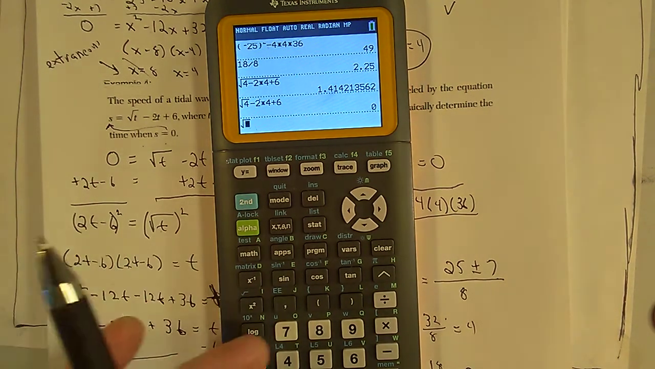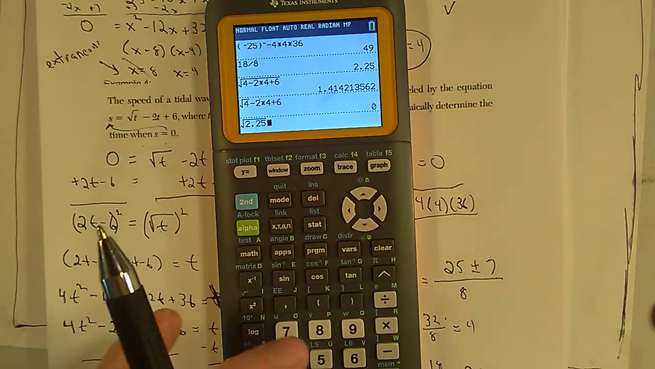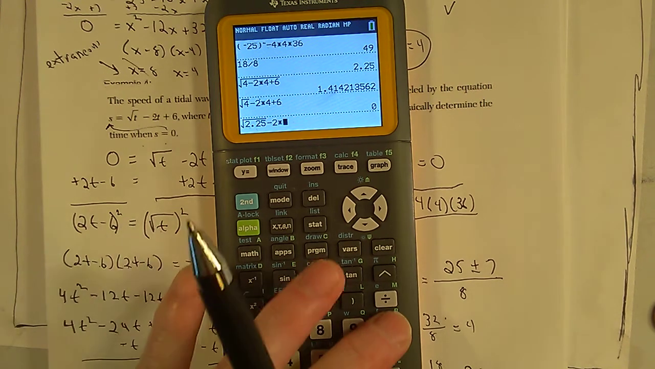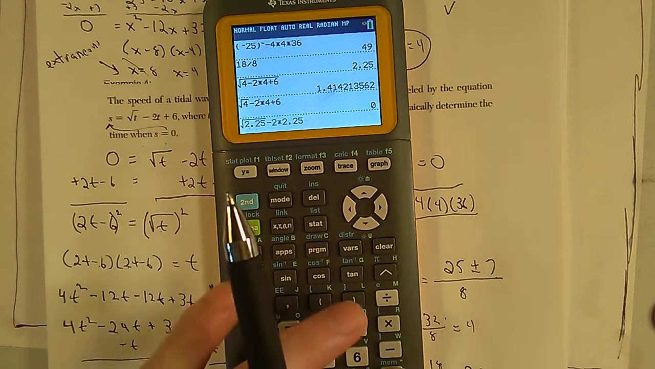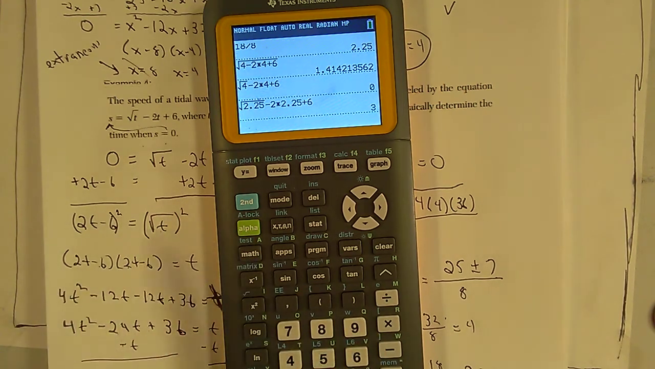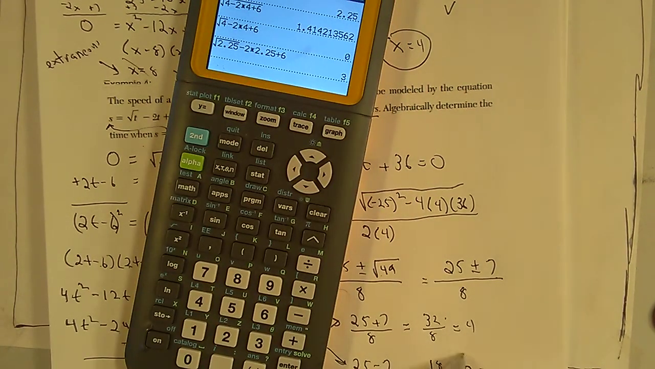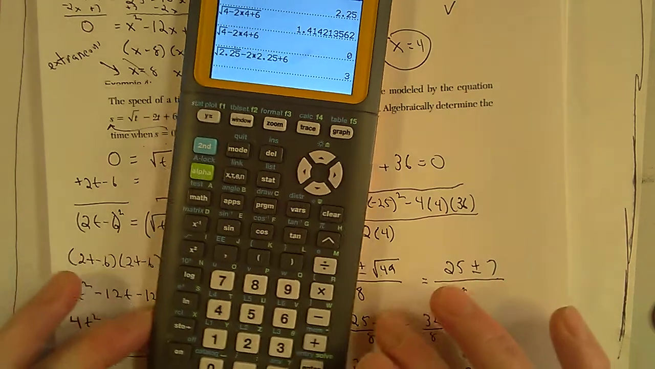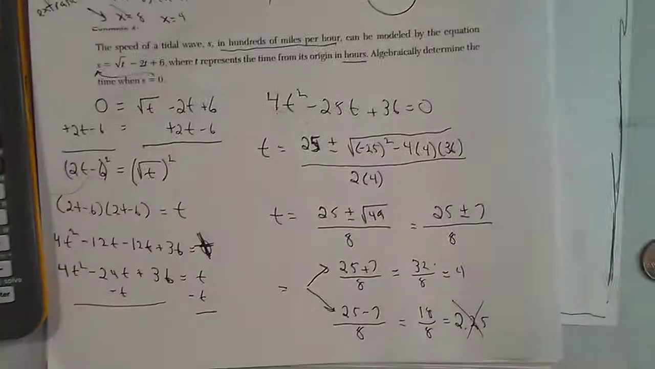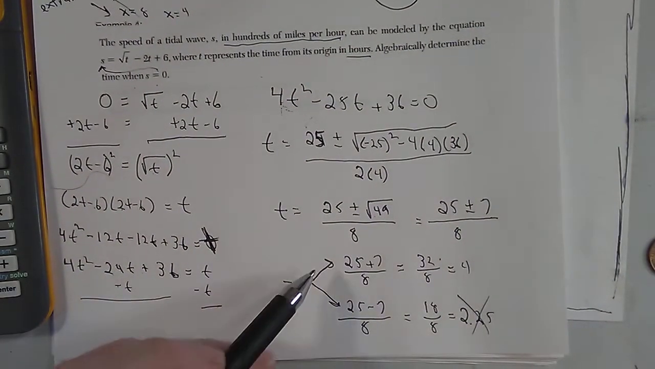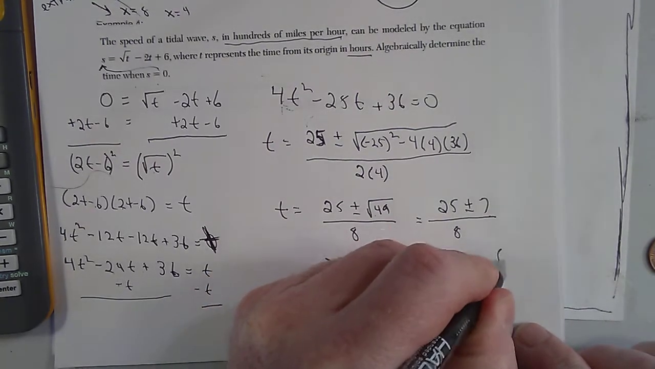Second square root, 2.25, move that out, minus 2 times 2.25 plus 6 equals 3. Right, I want it equal to 0, so this one is not it. Check those guys. So the solution is t equals